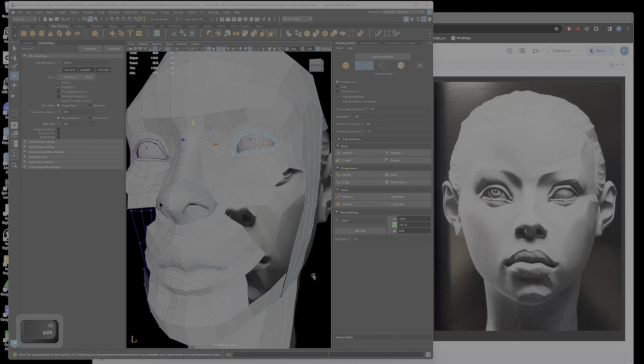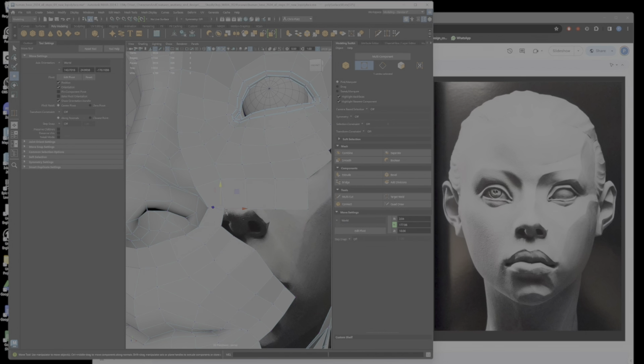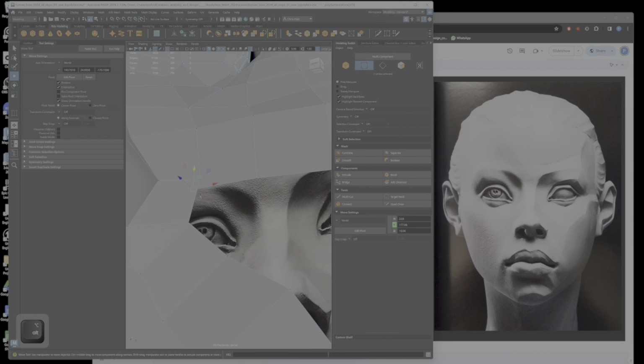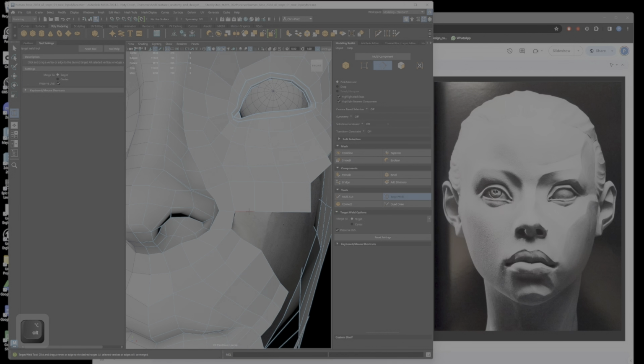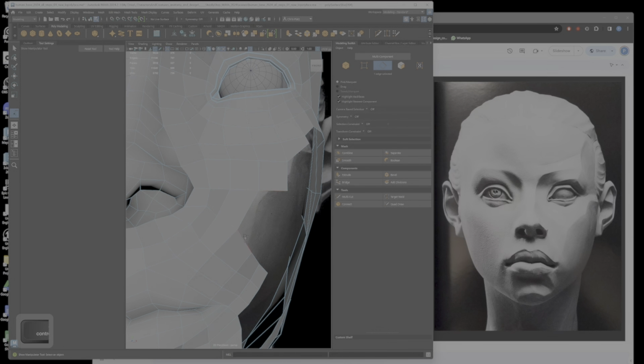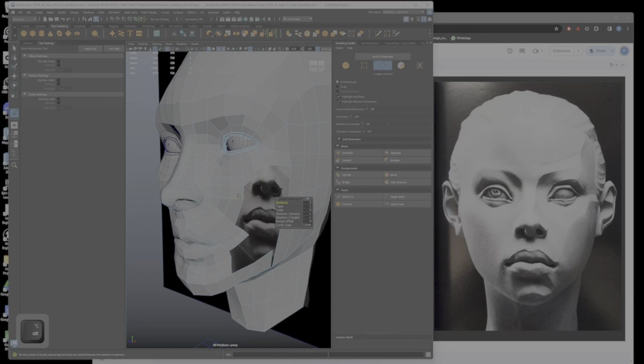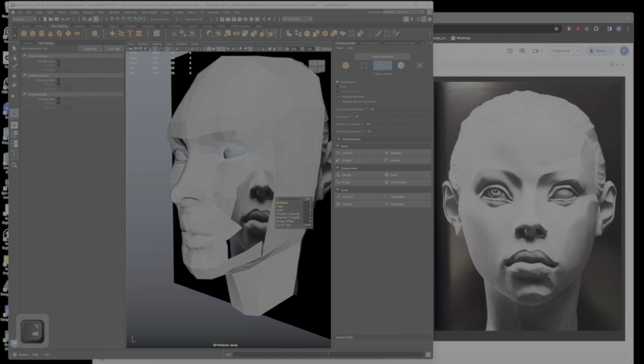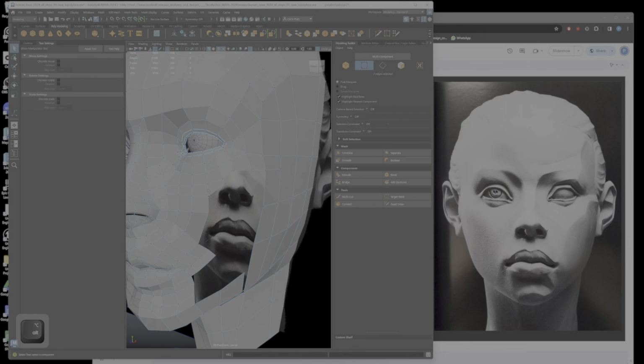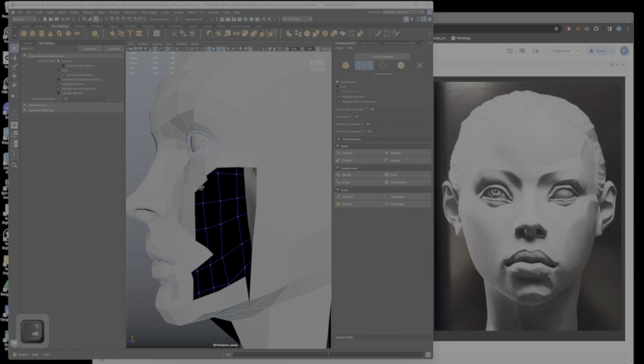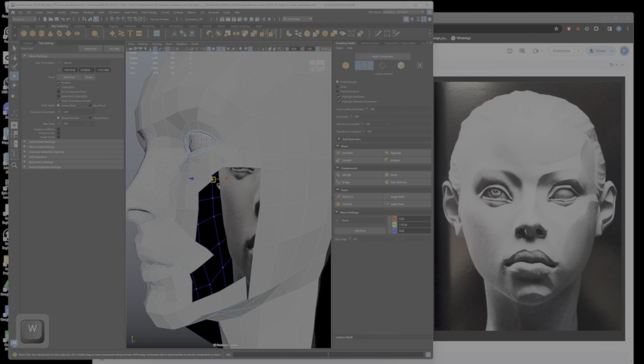Let's do the easy parts. When you get to a tough part, you're like, oh, I'll come back to it. Extrude the edges, bring it down. That's an easy connection to make. Bring it over, target weld, snap it back over to the backside of the nasal labia, and then just continue with the bridge tool, bridge again. And when the polygon gets really wide like that, you could still bridge, but then you want to relax and distribute those edges farther from each other, or at least more equally around. Then go back up around the cheek here again, looking at the reference there, and doing the shift, drag, pull, extrude,